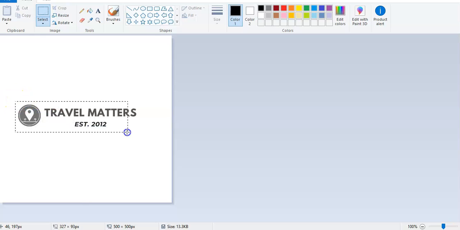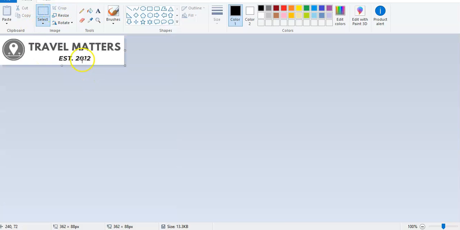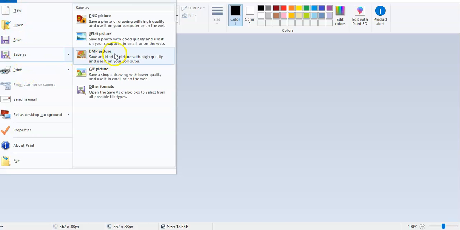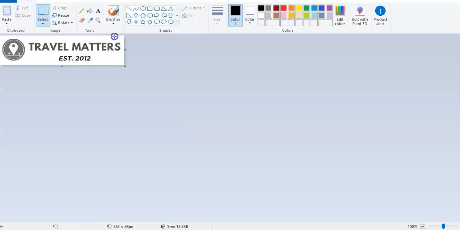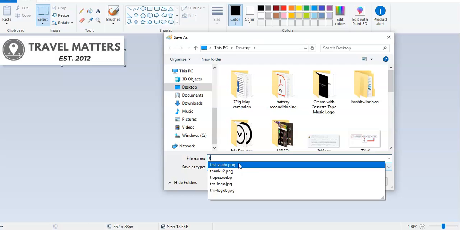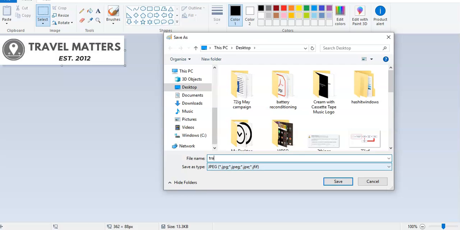That is, I'll just drag. This is the only area I want, so I'll just drag it like that. Then I'll click on crop, and now I have this, my logo. So I can just click on File at the top over here, and click on Save As. I can now save this one as PNG or JPEG. So let me just save it as the JPEG. So just call it Travel Matters logo,